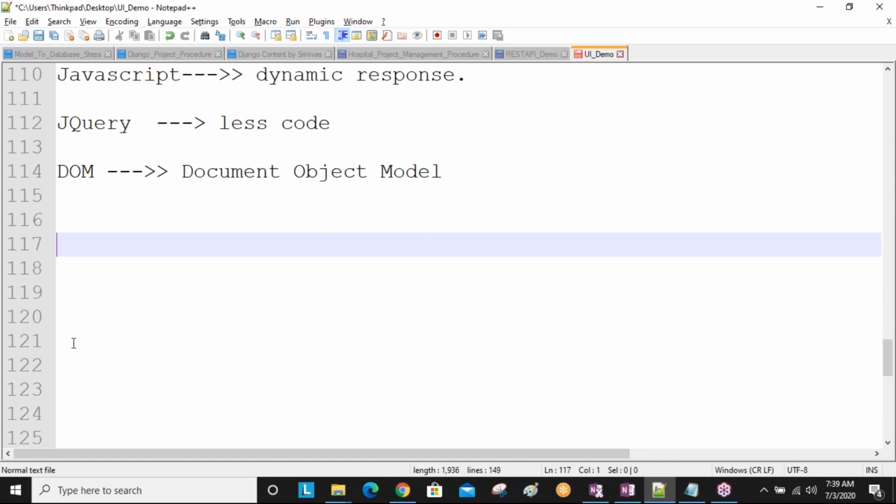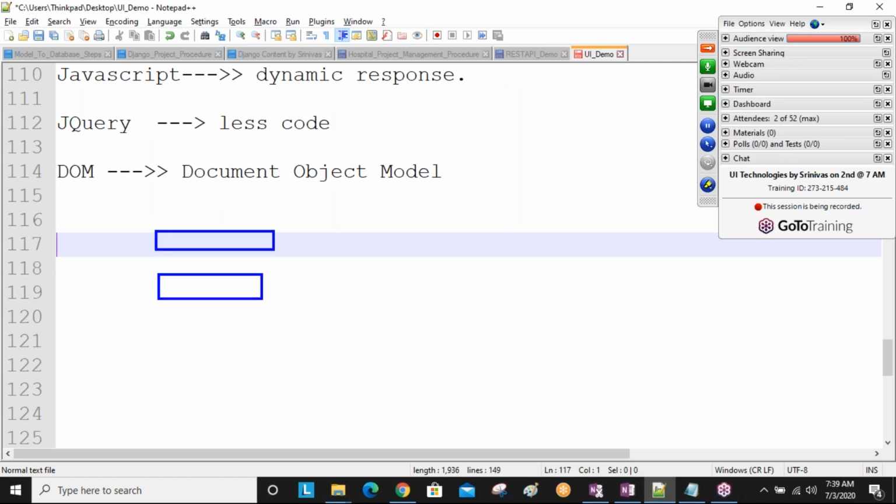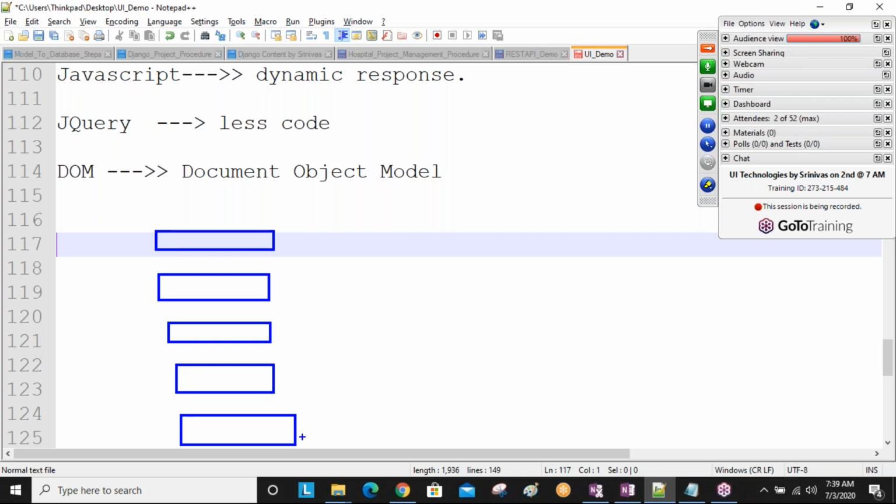For example, you can take this: this is one part, this is another part, again another part, like this. This is our application designing. If I'm selecting this one, then the parent of this element is this one. For this parent I want to provide different styles, and this element's child is this one, and for it I want to provide different styles. For all the parents above this element, I want to provide different styles for the above side designing, and for the below side designing as well.